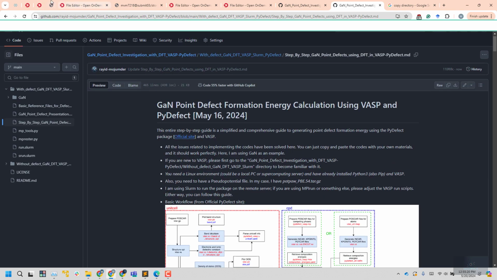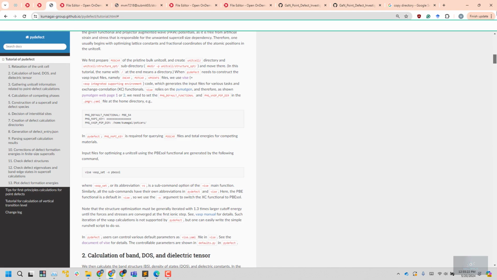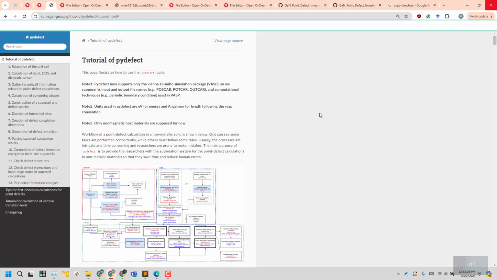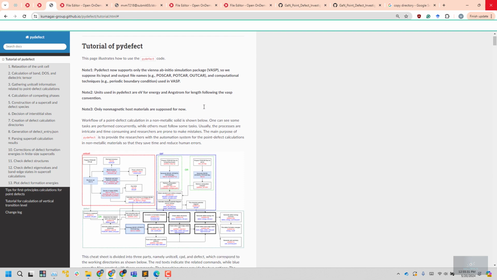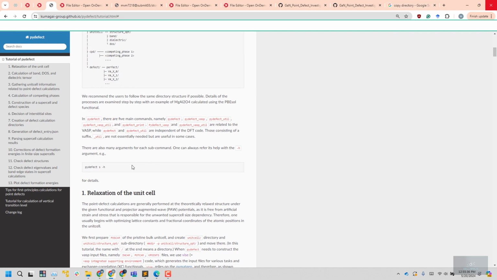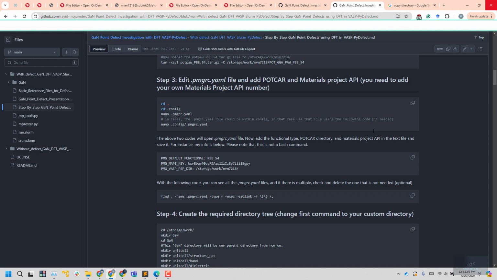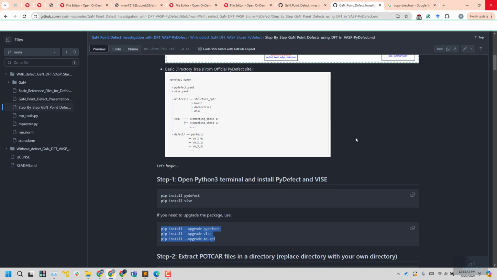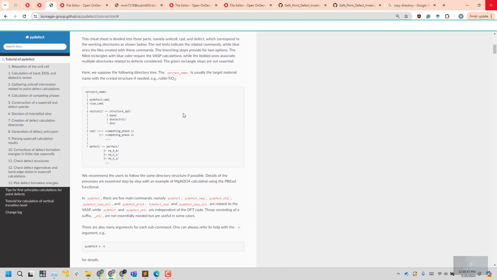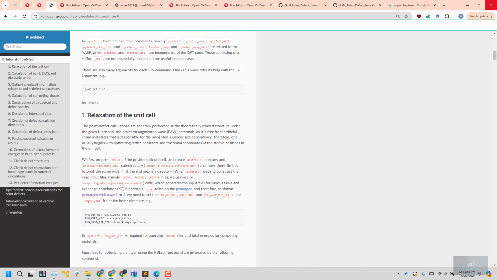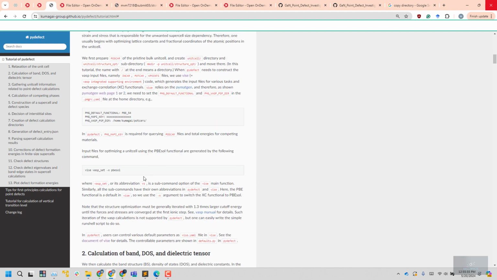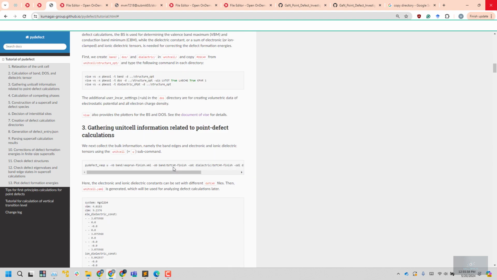So here is the final two cents. If you are trying to run it from the very beginning level, I will suggest you follow my GitHub repository, but I will also suggest that you follow their official website. If I were you, I would read their steps and try to run the commands from here. Because I have the commands here that are pretty comprehensive, you just need to run this and it will work. But to know what is going on, I would suggest that you also see this, because it will help you to know much more about the codes, because there are a lot of codes that are used in their